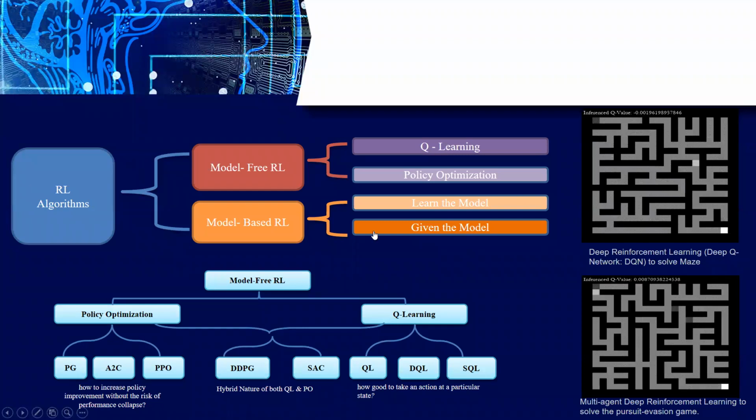Q-learning is one of the standard algorithms. It was proposed in 1988 or 1995, I don't know the exact year, but that is the time frame when it was developed. It's around 30 years old now, but still it is one of the standard algorithms. But we have some advanced algorithms to improve the efficiency of the sample.